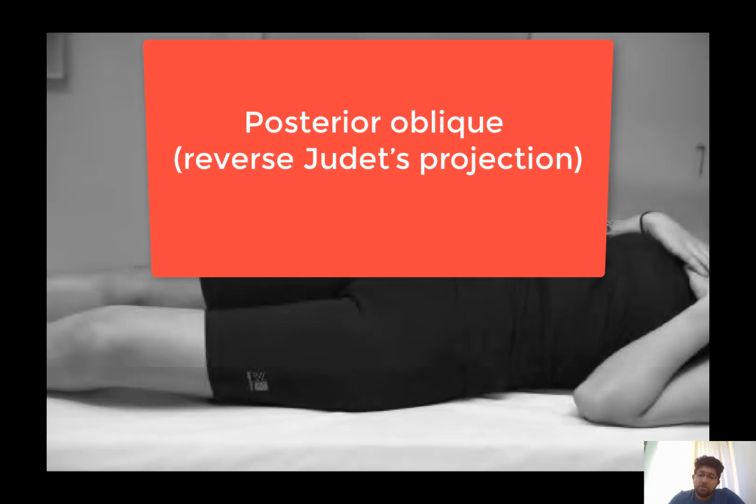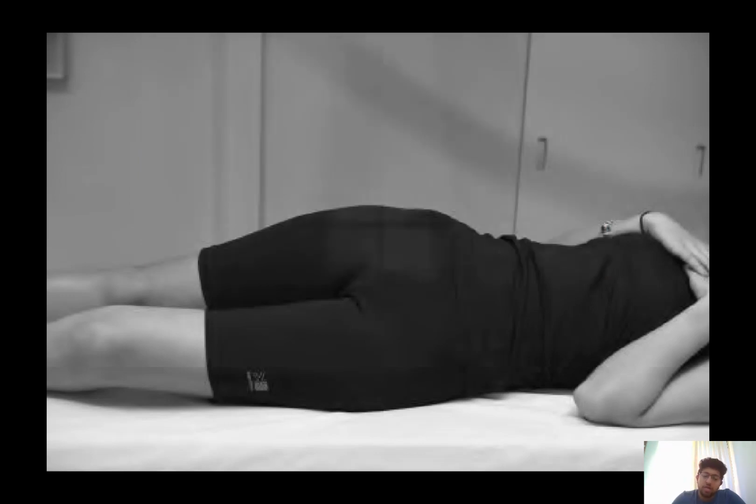If the patient is in pain, or if the patient is immobile and we cannot move the patient, then we can do a posterior oblique view, which is also called a reverse Judet's view, in which the patient is lying in the supine position, and we make the patient rotate towards the unaffected side. This is the unaffected side, and this is the affected side. The patient rotates towards the unaffected side, and the cassette is again kept below the patient,